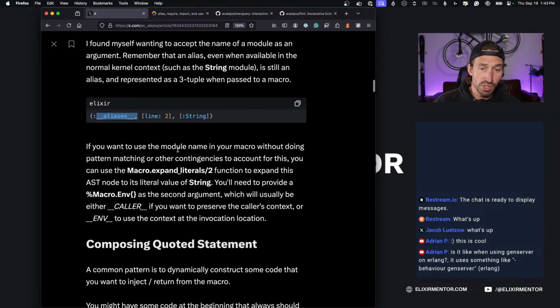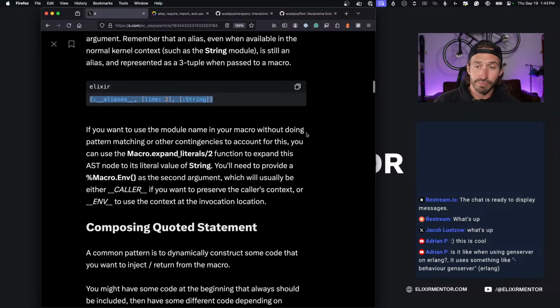So if you want to use the module name in your macro without doing pattern matching, so he's saying without passing in this 3-value tuple, or other contingencies to account for this, you can use the Macro.expand_literals arity 2 function to expand this AST node to its literal value of String. Okay, yes, so you'll need to provide a Macro.Env as the second argument, which will usually be either the caller if you want to preserve the caller's context,